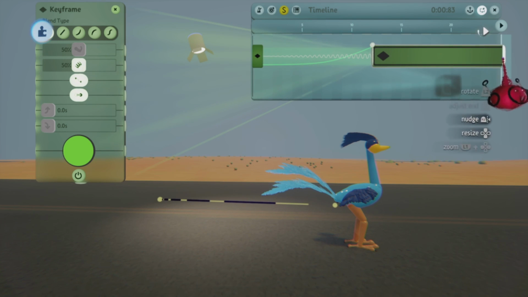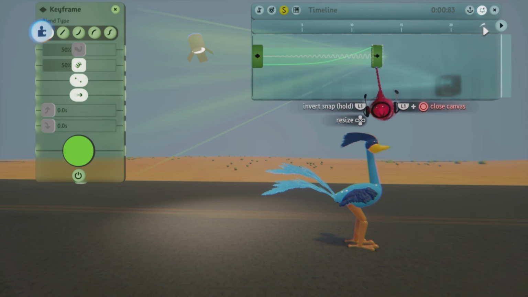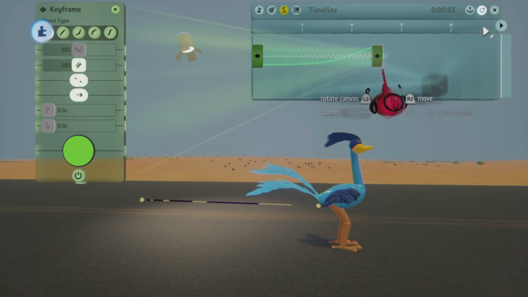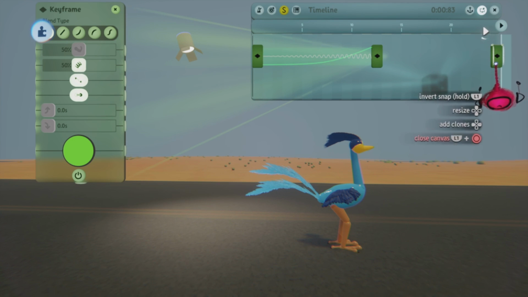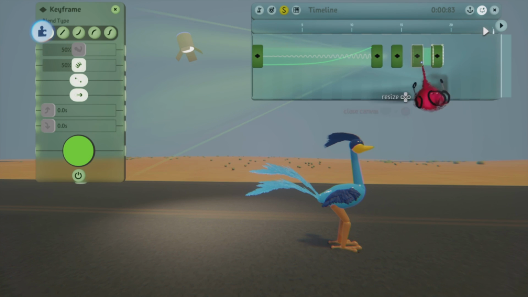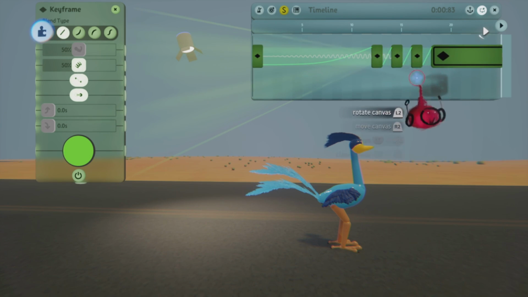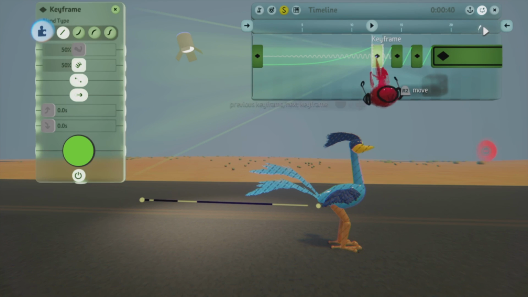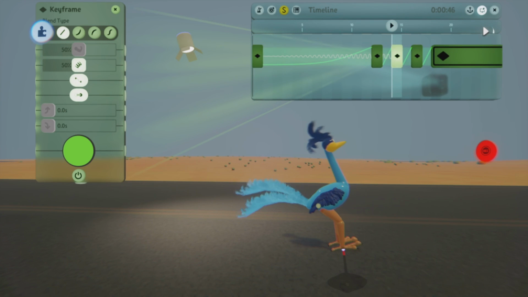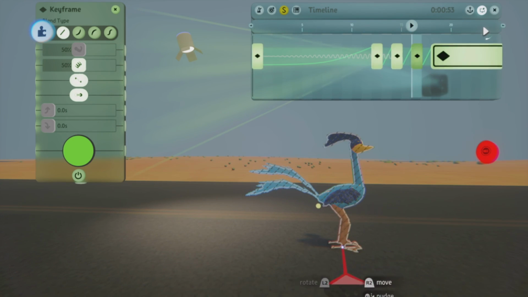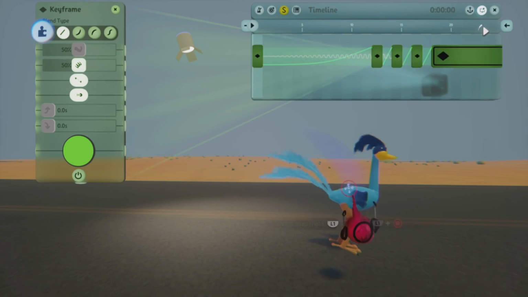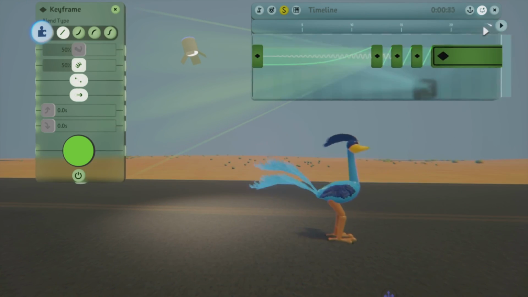So yeah, that's overshooting with the springiness, but if you want it to be much more like the Looney Tunes style, then I would duplicate some of these keys like this. And then this one can kind of move forward like this. This one can move back like this. A little bit forward, and then it'll settle back into this. So now when we play it,